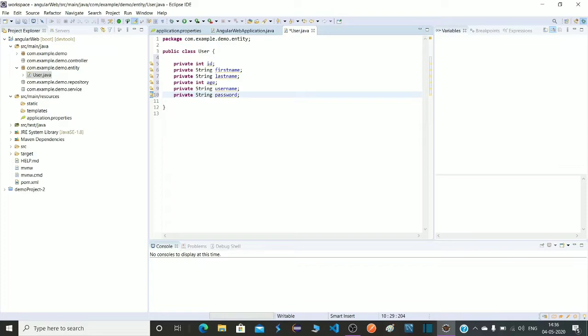So these are the fields where we will store the data temporarily.